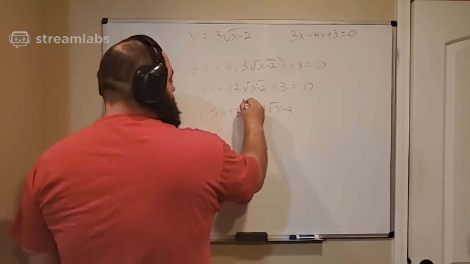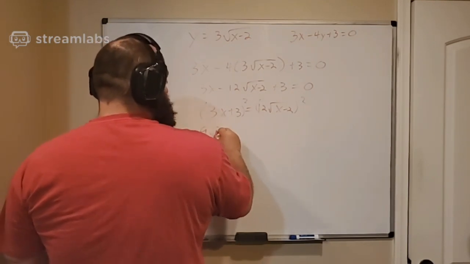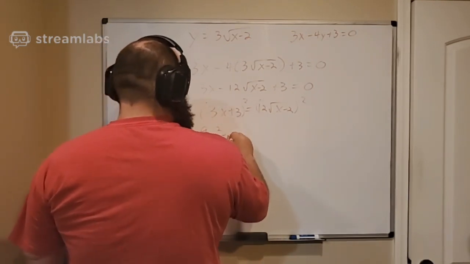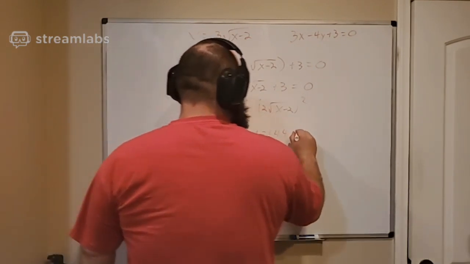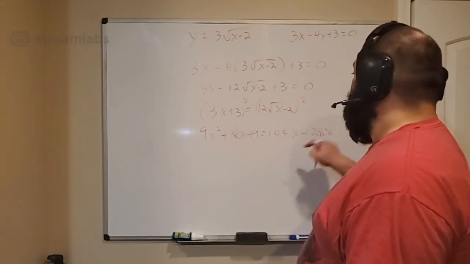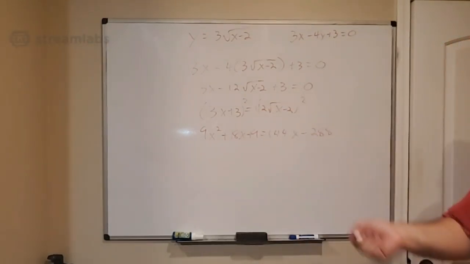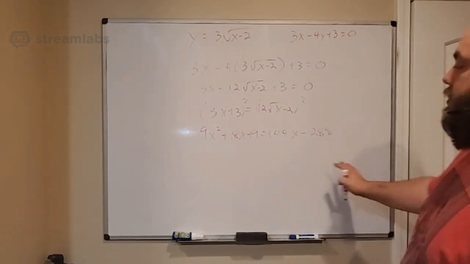So we get 9x squared plus 18x plus 9 is equal to 144x minus 288. I went ahead and distributed it on the right hand side, so I'm going to have to do that anyway. And 144 times negative 2 is negative 288. At this point, it's quadratic. Anytime you have a quadratic, everything on one side, set it equal to 0. So you get